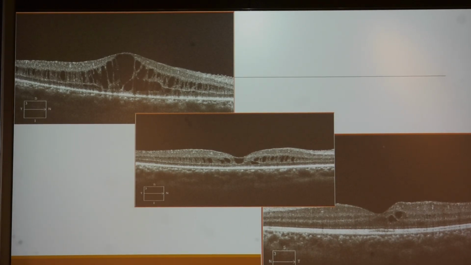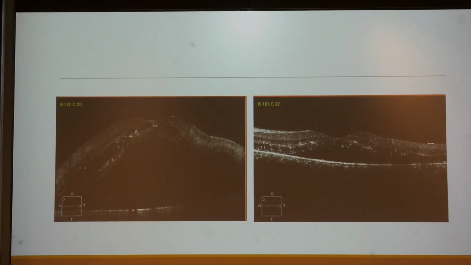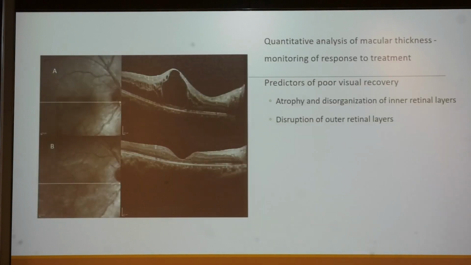This shows a typical cystoid macular edema which resolves well with the treatment. Another case of cystoid macular edema with SFD started responding to treatment. Quantitative analysis of macular thickness helps in monitoring the response to treatment, and these are the predictors of poor visual